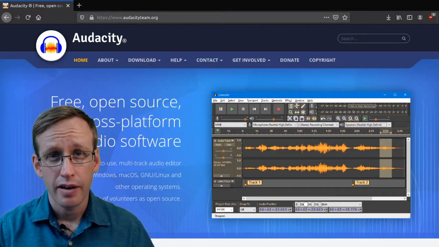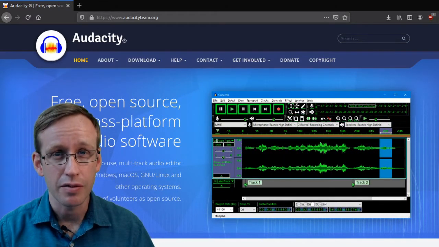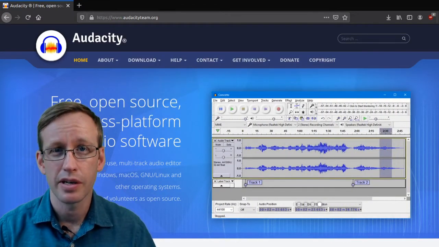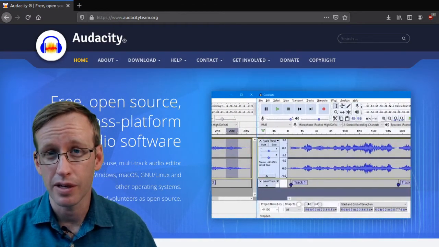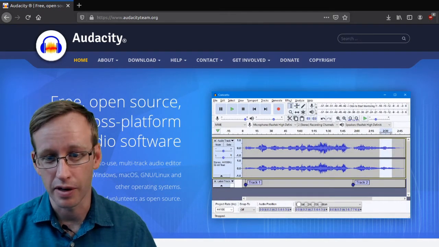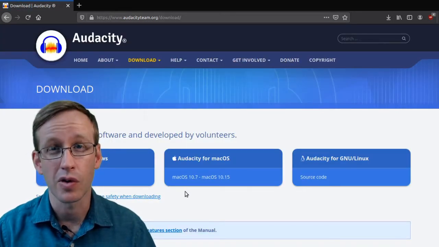If you don't already have Audacity on your computer, the first thing you need to do is download and install it, and you can get it from audacityteam.org. Make sure you get it from here. If you find it from any other source and they ask you for money for it, that's a trick. Audacity is free, it's open source, and you should not have to pay for it. Just make sure you download the right version, go to Download Audacity, find the one for your operating system, and